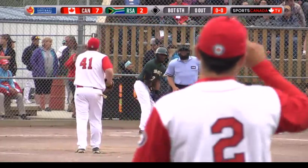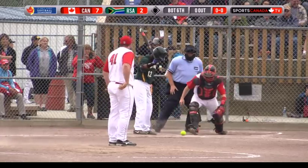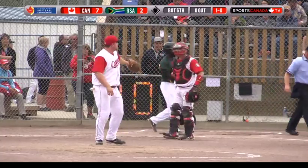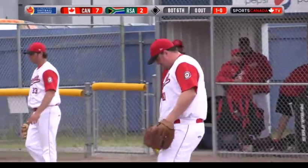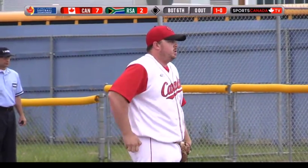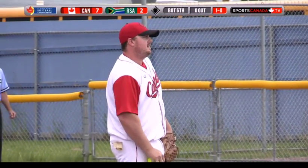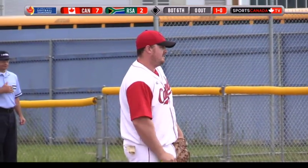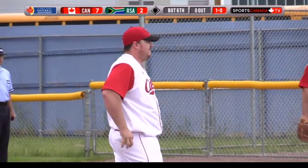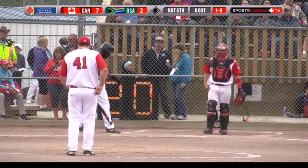Bottom half of the 6th, and Paloma Pilati will come to the plate, taking on the juggernaut that is Justin Schofield. Francois Dow will come down and talk with Casey Waite, maybe about a pitching change or a change they didn't get. No, he did not